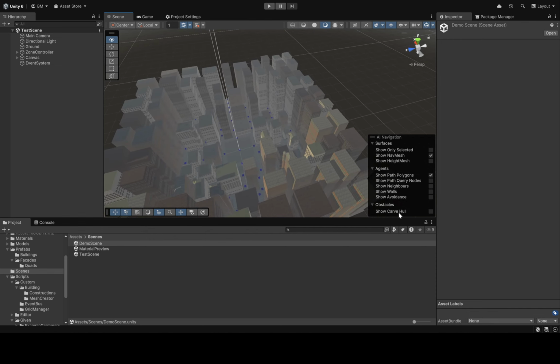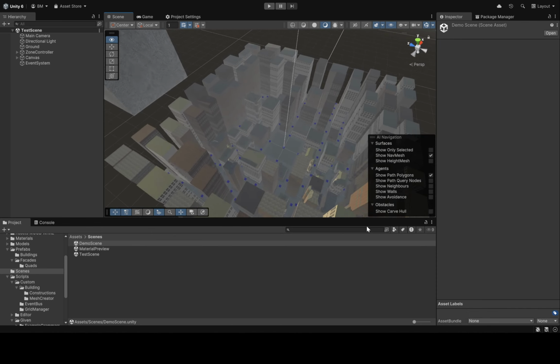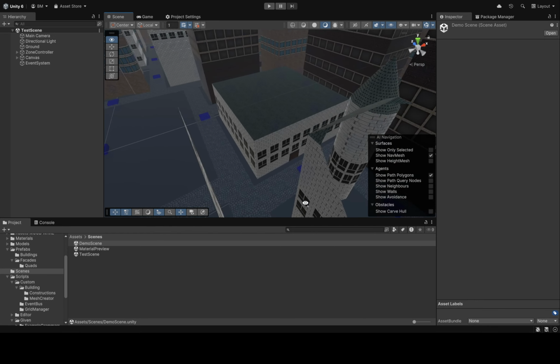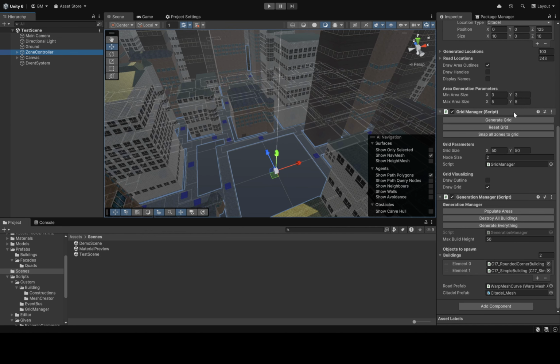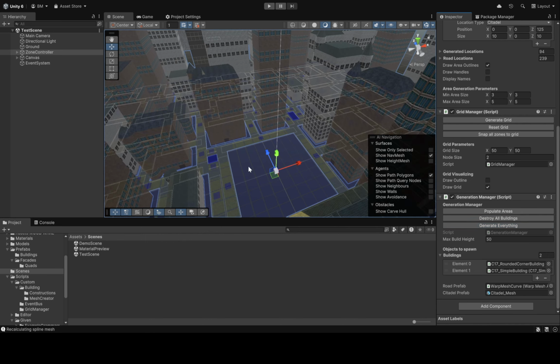just so you have a bit of an idea of some of the parts that we're looking at. This is kind of how it looks like. And for all the editing stuff, you have all these little things here, and the main button is going to be right down here at the generation manager. You can click this, and once you have everything set up, it's going to take a moment, and then just